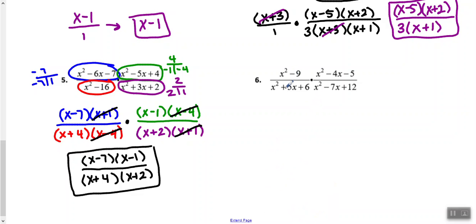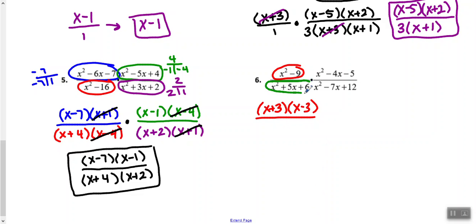So this is another one where I need to factor everything. So I'm starting with x squared minus 9. I notice it's two terms subtracting, and they are both perfect squares. So that factors to x plus 3 and x minus 3 over